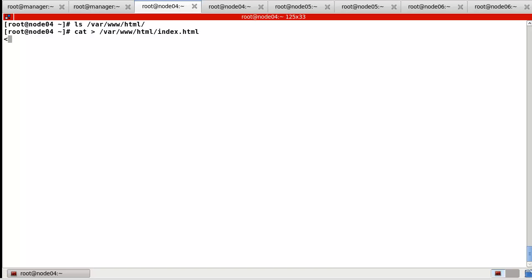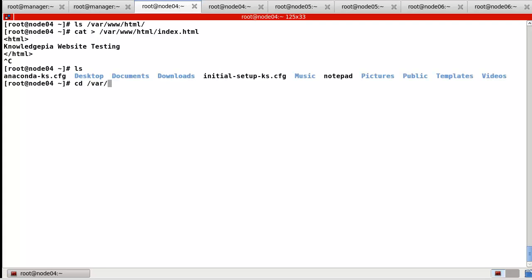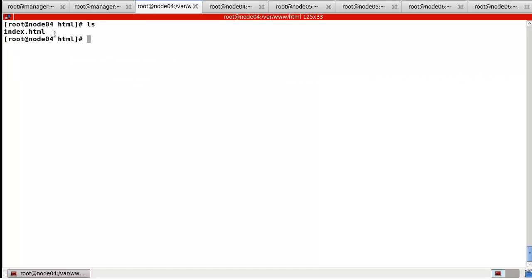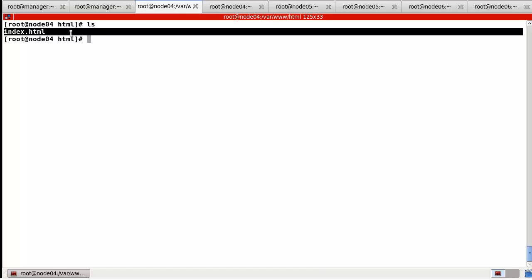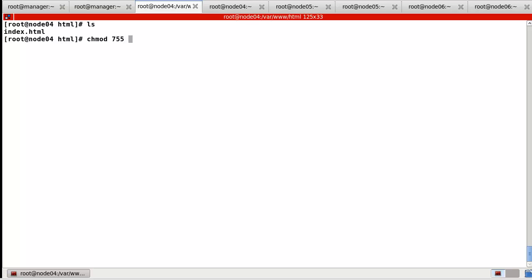So in my case, I will create now let's check. So now I create this file with permission 755, index. And this information must be spread to node 5 and node 6 as well.